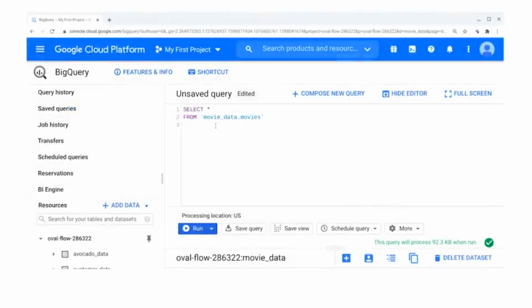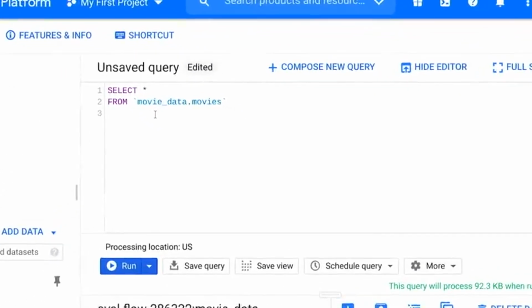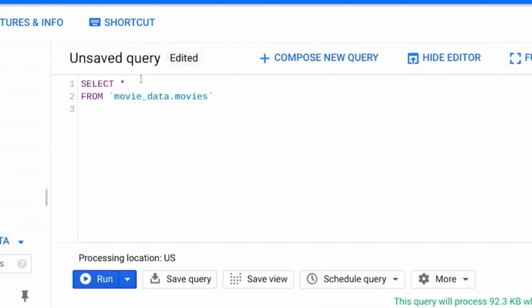For this example, let's sort by release date. First, we have the select function and an asterisk. Keep in mind that the asterisk means all columns are selected. Then we have from and the name of the database and table we're in right now. Now let's check out the next line. It's empty, but that's where we'll write our order by function. The order by command is usually the last clause in your query.